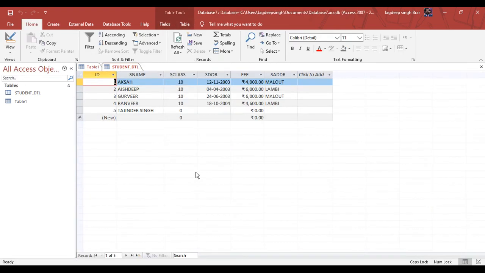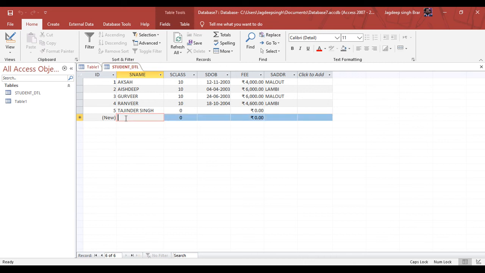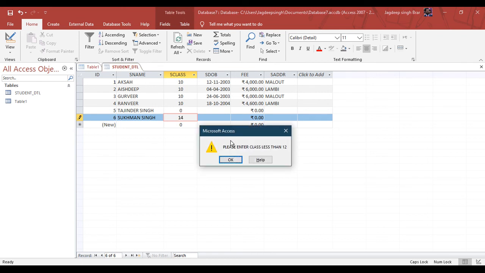Switch back to datasheet view. So now we have all the information here. Just enter a new row: Sukhman Singh, class, for example by mistake we enter 14. When you press enter, you will get the error message, please enter class less than 12.